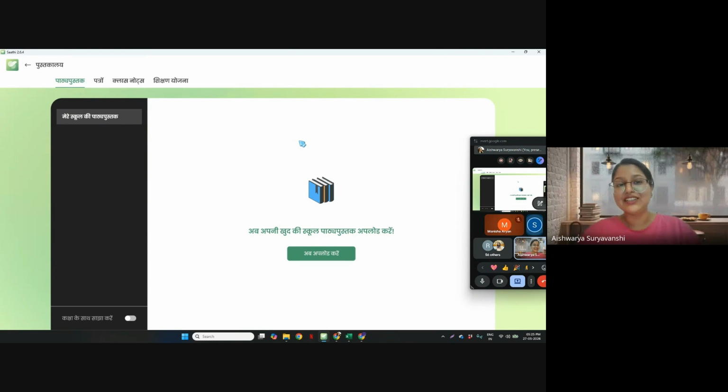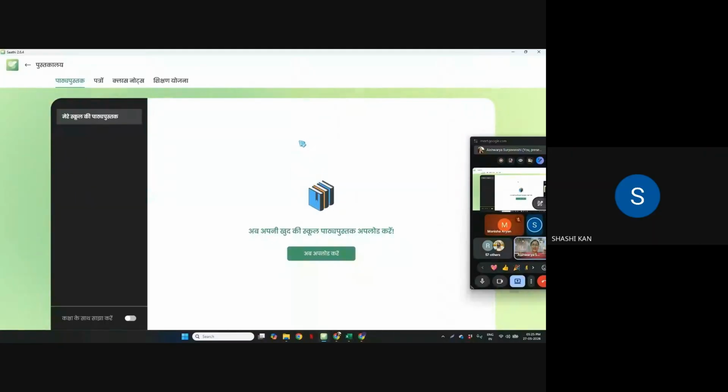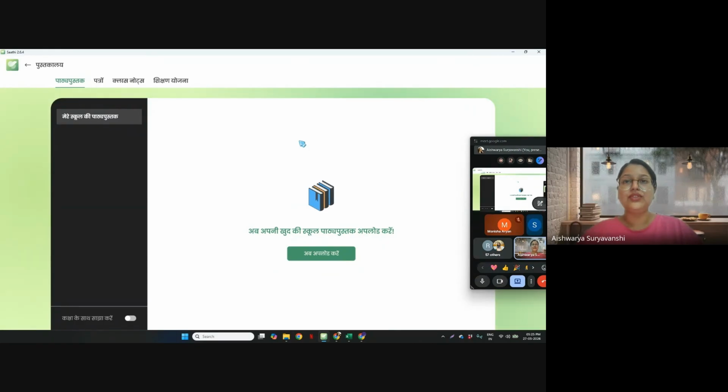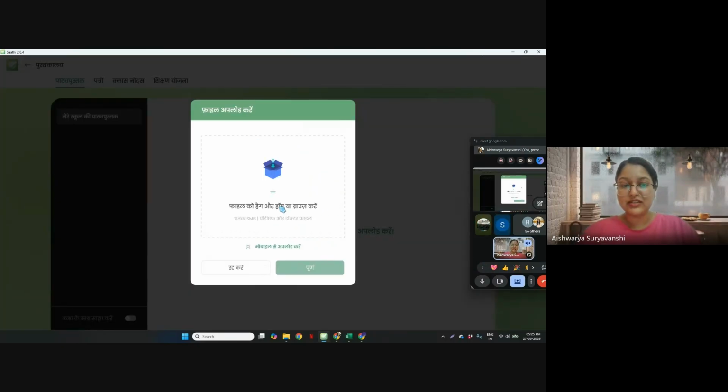Because you are the teacher, you know which question to ask, right? Yes. So it's better that you customize it according to your liking, and you can take the assessment accordingly, ma'am. Okay. There are a couple of features that will help you to select pages, and that's what I was telling you. So if you prefer taking assessment right from the textbook, then you can also upload your textbook within the textbook option here.